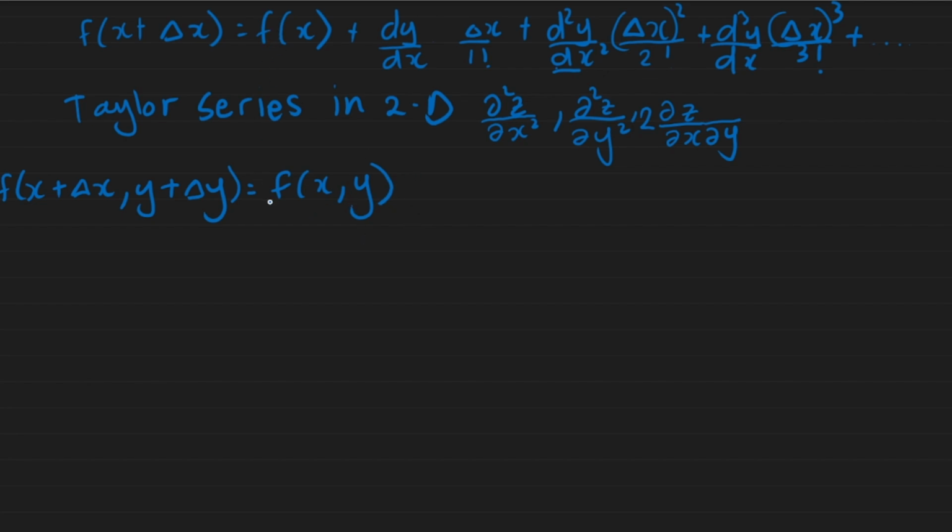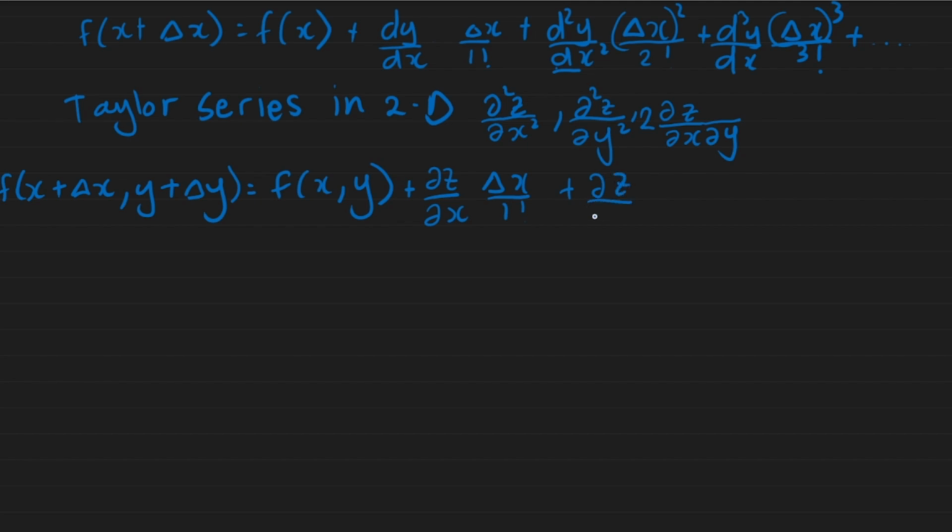The analogy is the same, so it's the same series but written for both variables. Then the first term, we have ∂z/∂x, so we would write that down. ∂z/∂x, and we have the differential delta x, 1 factorial, and we would have, for the other